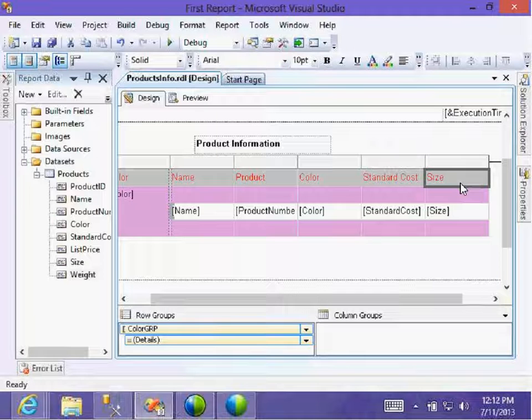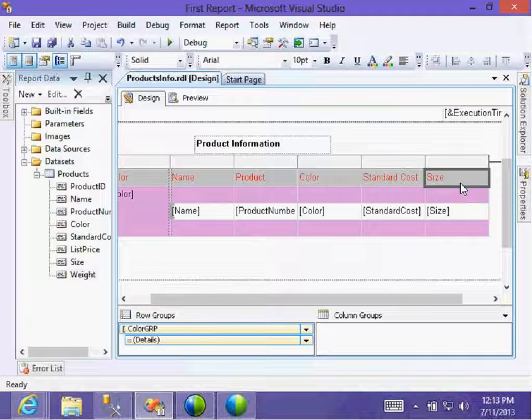I will select the color, then I will select the size. Then product. Means the color-wise, size-wise products or size-wise, color-wise products. Which one should come first? Color, size, then details. Means what? The parent of color or child of color?